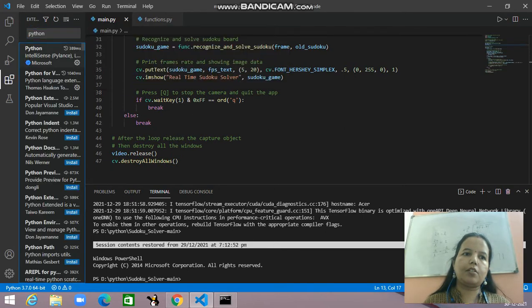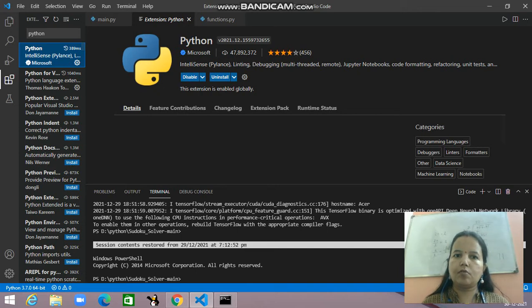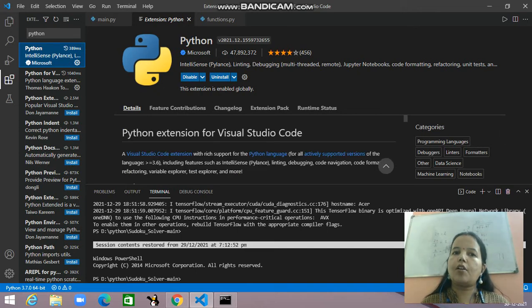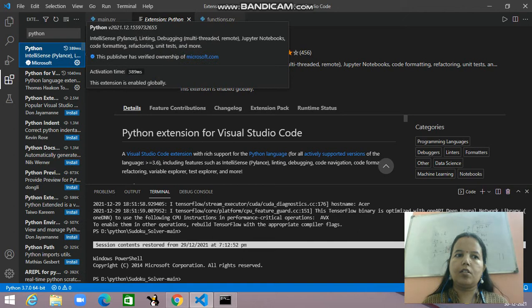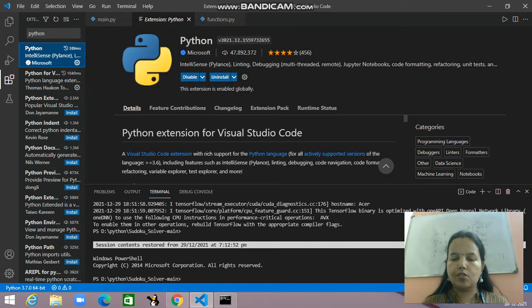When you click on Python, it will show you this. This extension is already installed here. You just have to install this Python extension, IntelliSense, Pylance. When you install this extension, you are able to run Python code properly. So first you install it here. After installing, just make a new file.